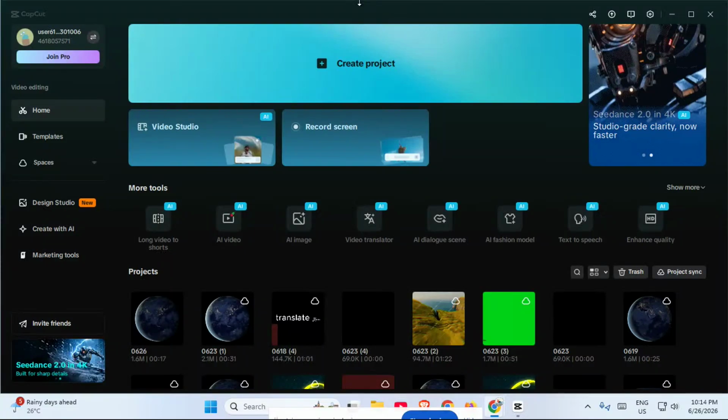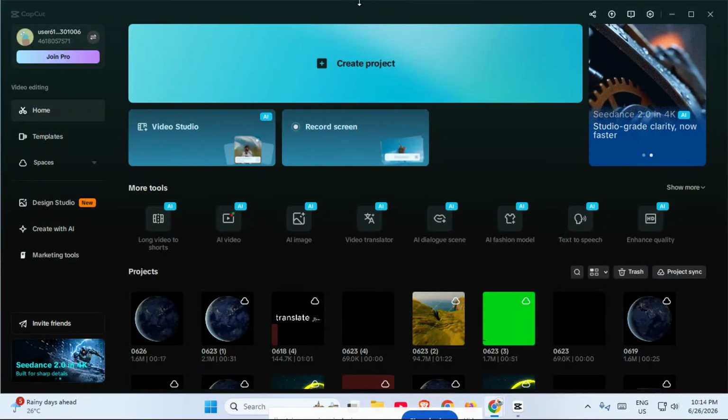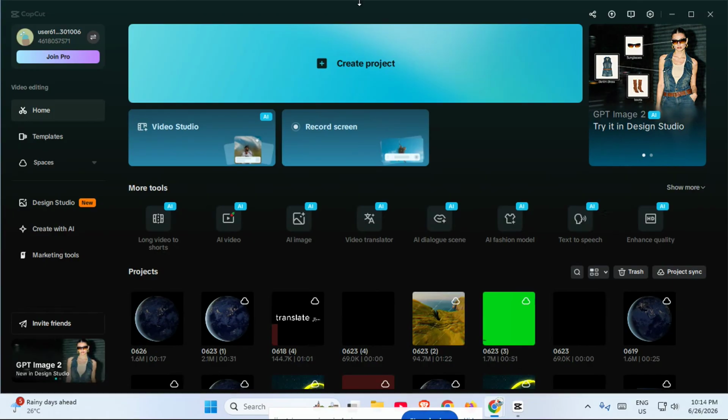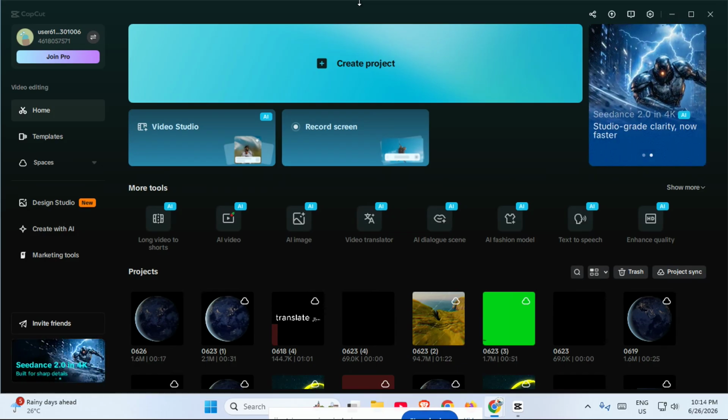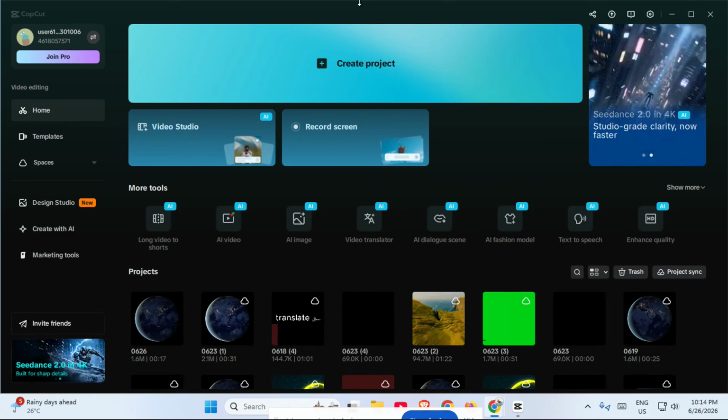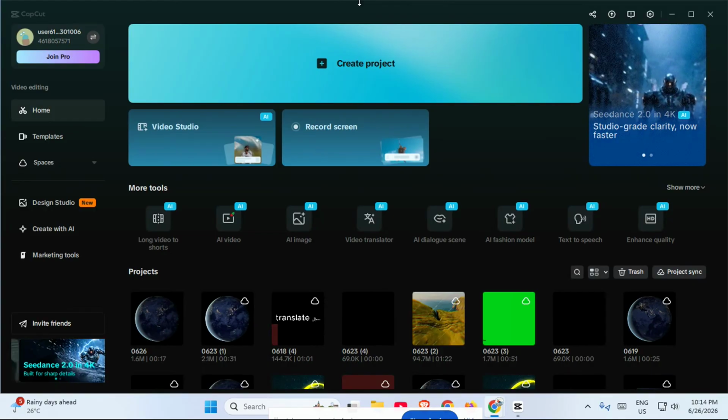If you're wondering how to log out of CapCut on PC, you're in the right place. In this quick tutorial, I'll show you the exact steps to sign out of your CapCut account on desktop in just a few seconds. This is useful if you want to switch accounts, protect your privacy, or simply log out